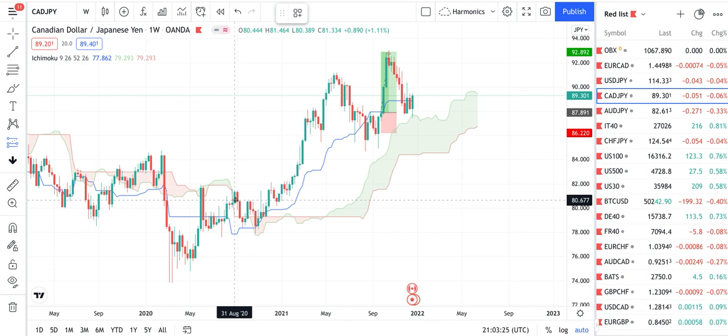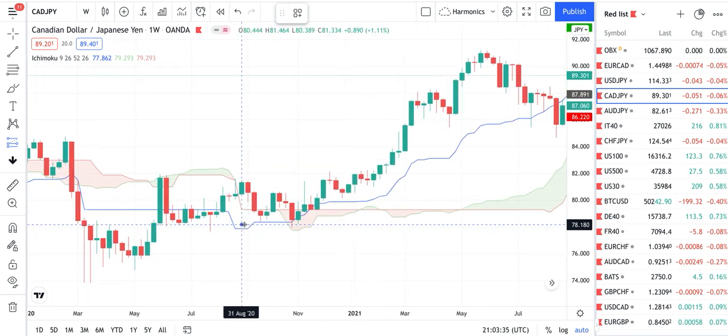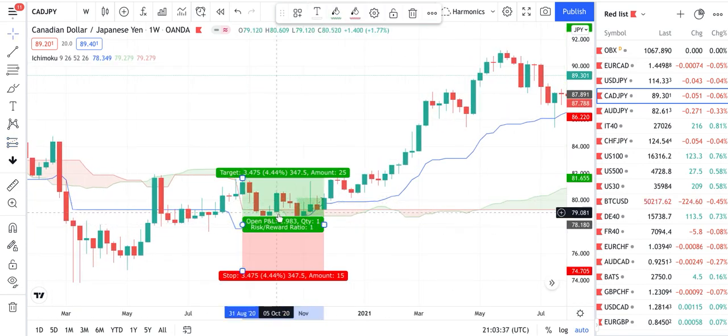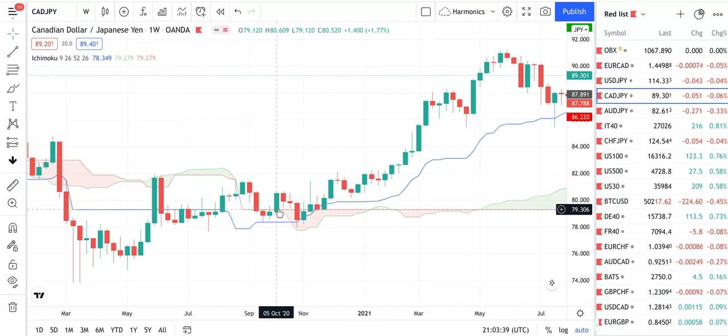Remember the span B and span A. So it entered the red line and then exited the green line. Not valid. It's coming from below, and here it enters through the green line and exits through the red line, the span B. So here would have been a valid setup somewhere around here,